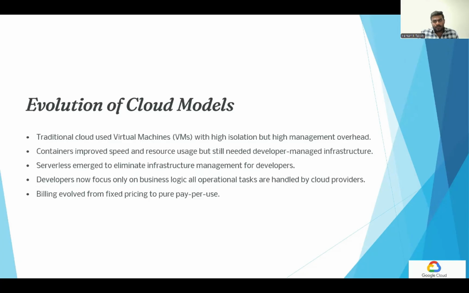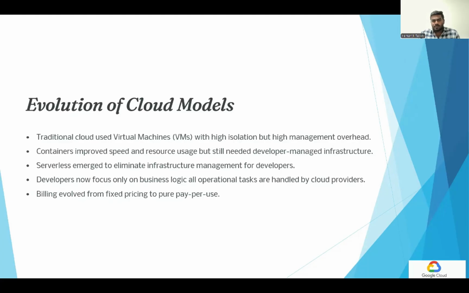And coming to the introduction, let me walk through how we got to serverless computing. First, we used VMs, which provide strong isolation but also have high management overhead, in which we need to configure, manage, and provide everything. We need to babysit the whole thing, which is complex for the developer. And then came containers, which are faster, lighter, and more efficient. But with containers also, developers need to manage infrastructure, like when we need to use tools for orchestration,